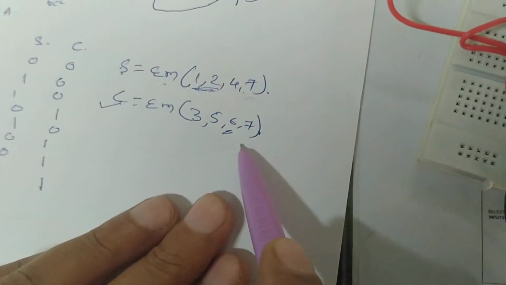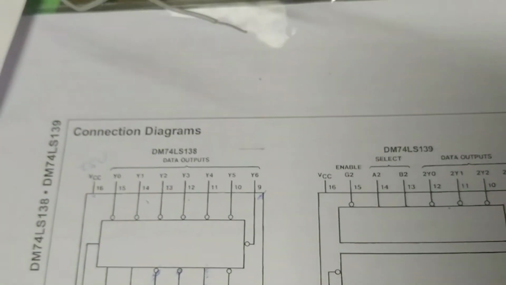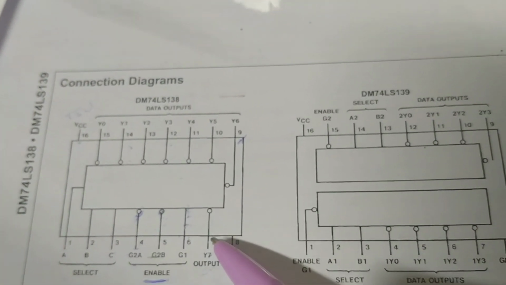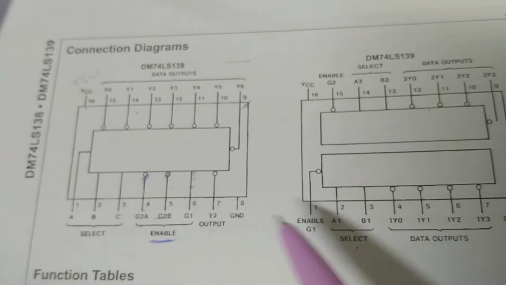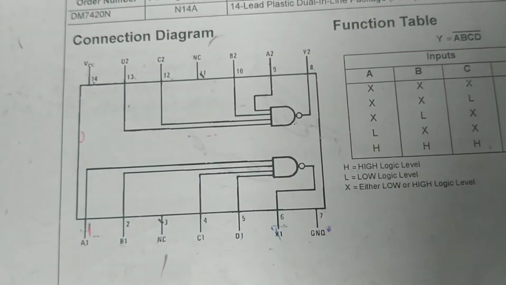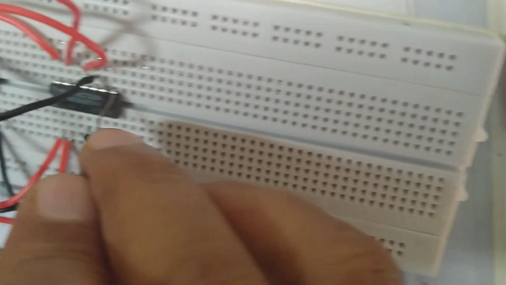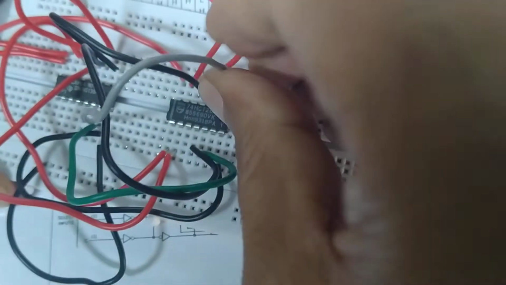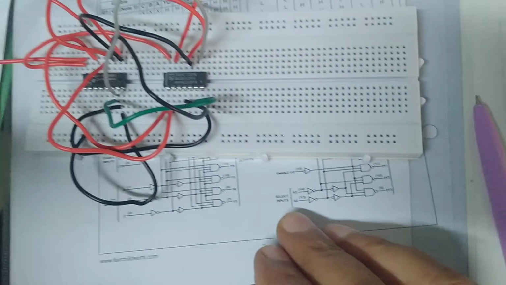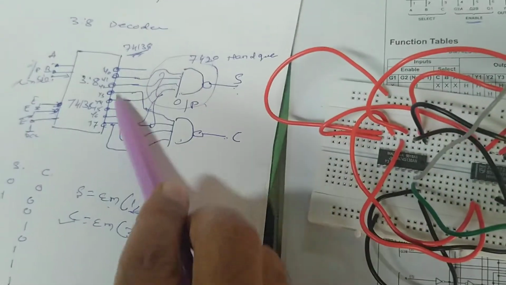And the last connection is the 7. We have to connect Y7. Where is Y7 present? At the 7 terminal of the 74138. So where is the 7 terminal? This one is the 7 terminal. And where is it to be connected? At pin number 9 of the 7420 IC. So where is pin number 9? This is 8 and this is 9. This one is the 9. Okay, so these input connections are finished now.